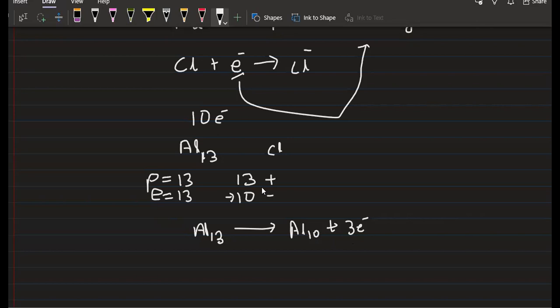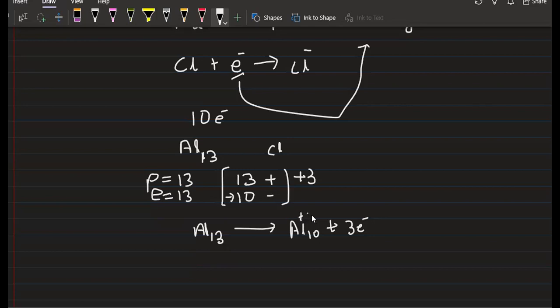What will be the charge on aluminium? It is giving now, right? Just think, it was plus 13 and minus 13 before, so 0. But now it is plus 13 and minus 10 after giving. So the total will be plus 3 now, right? If you are giving something, the number will be less for you. Got it? So that's why we will write it as